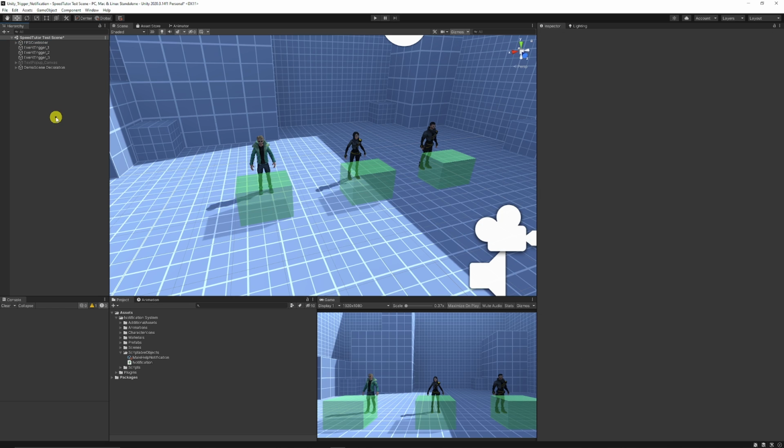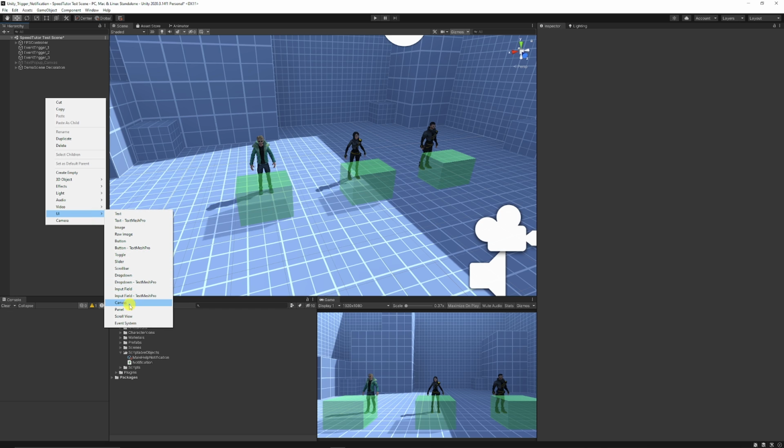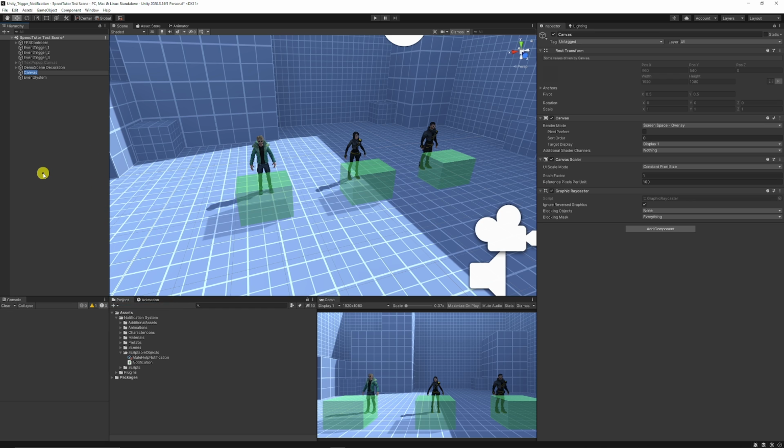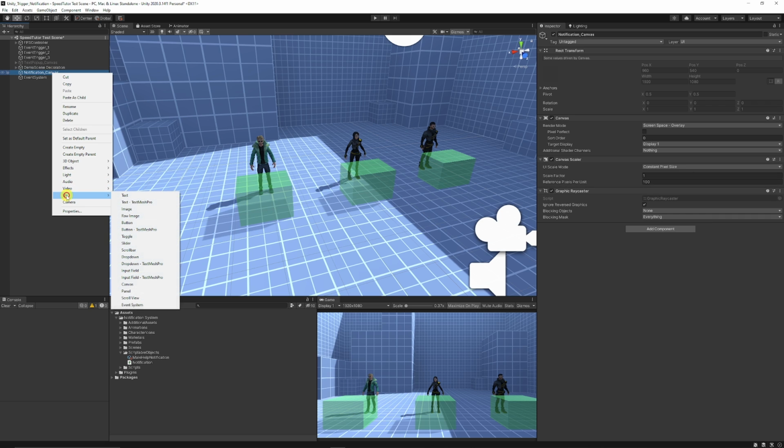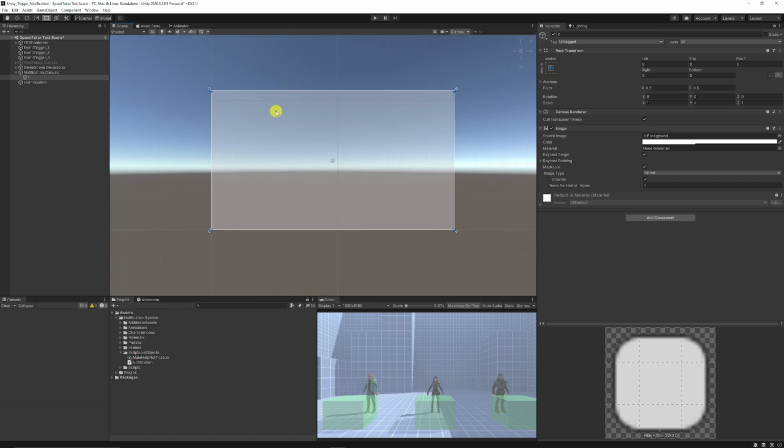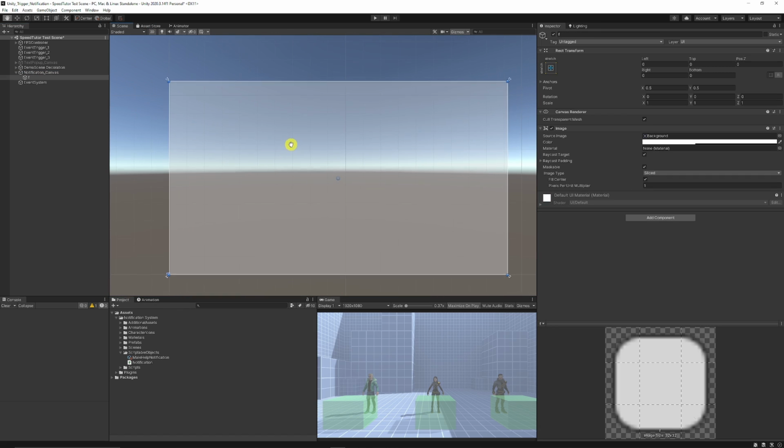of player. Now from here we want to create our UI, so we want to right click, go UI, and choose a canvas. We're going to call this our notification canvas. And then we're going to right click on our notification canvas, choose UI again, and this time choose panel. Then once there, we can go into 2D mode, press F, and we've got our panel here, which we can